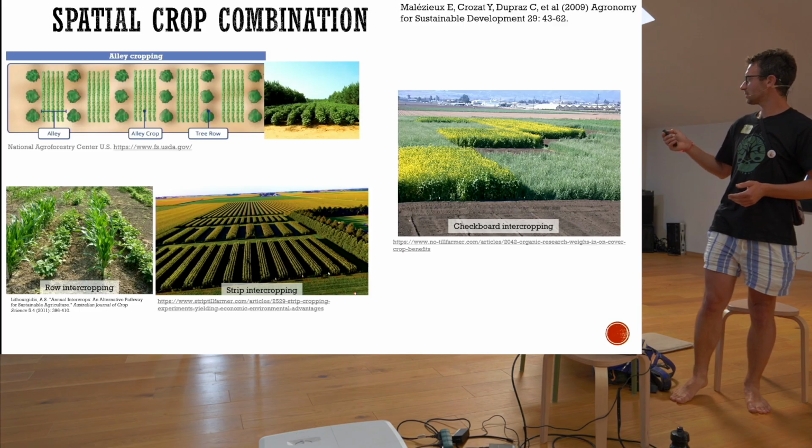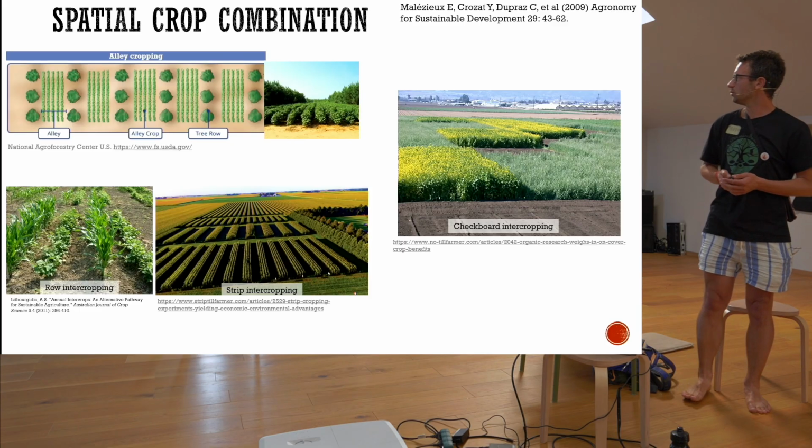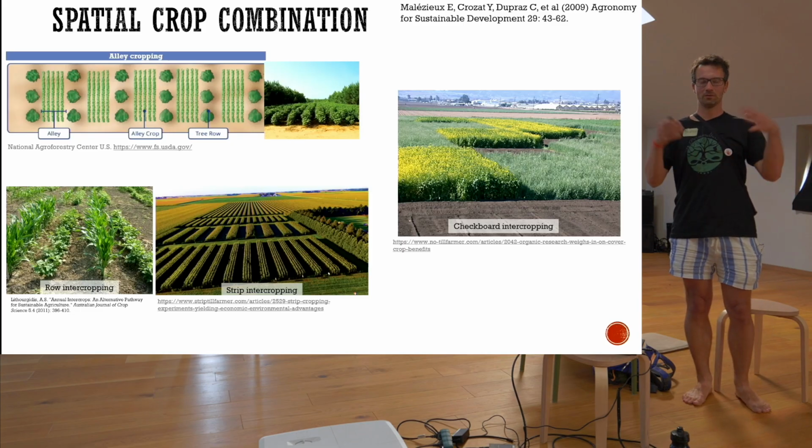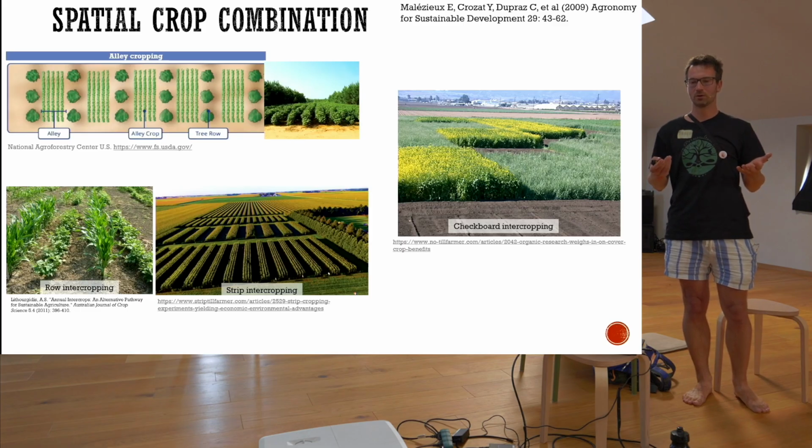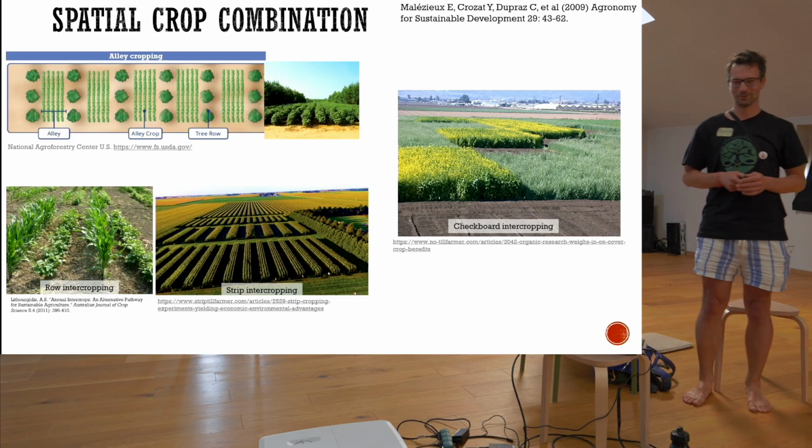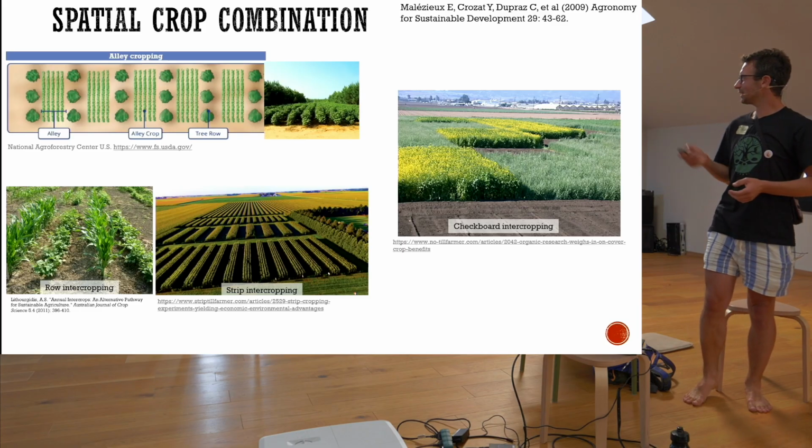But this is, in my opinion, an interesting strategy when you have little land and you want to grow the most commercial crops. So, for example, in California, they grow almonds, and they want to plant as many almonds per unit of land as possible. But still, you can even diversify this system.